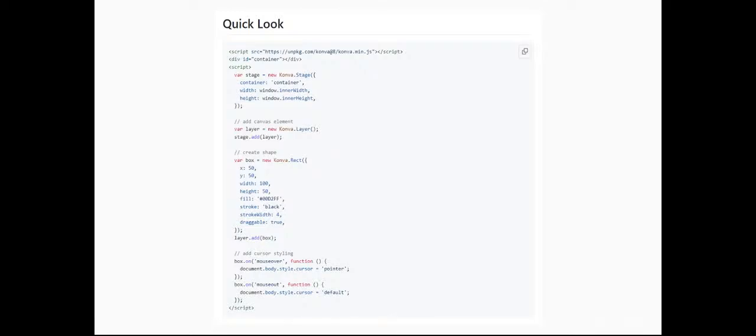This is a README file from the Konva library. This is a pretty popular library for manipulating canvas in JavaScript. And this part, as you can see, is a little information about how to draw a rectangle on canvas using Konva, from the very beginning, from importing the script, to the very end, which is calling the mouse over and mouse out